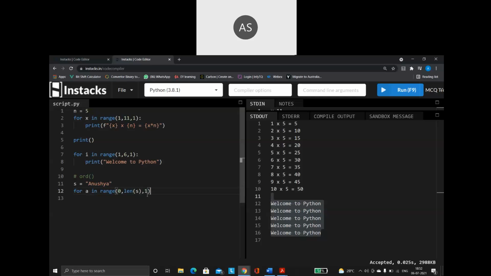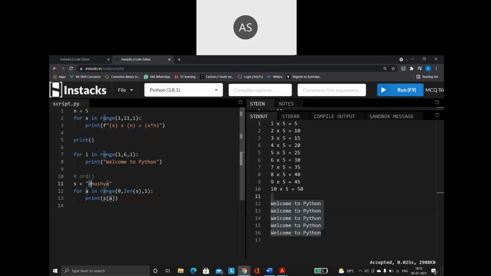Right. Now go for my program. So I am saying print s of a, because a is the one which is going to have the index value. Because what is the range function going to say? 0, 1, 2, like that. It is going to give me the index value. So that index value is going to get stored inside my a variable. So when you say s of a, what do you mean by that? You are getting the value stored at that index position.